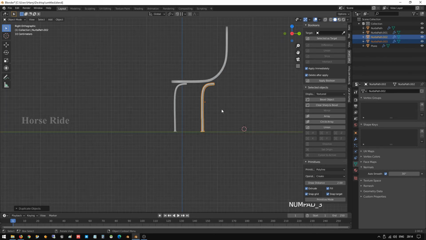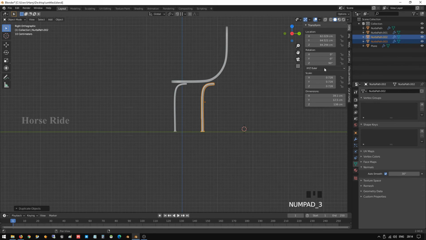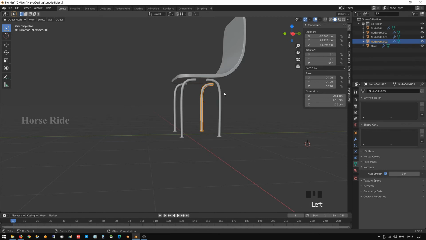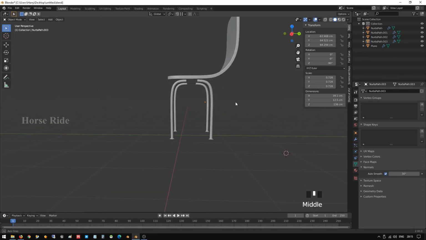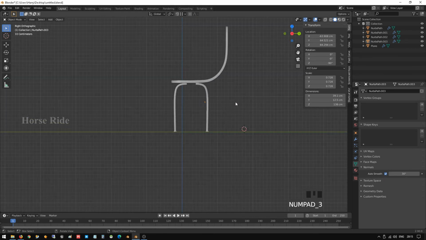Press 3 on the numeric keyboard. In item here, rotate it -90 and select each leg separately and do it -90, then it turns back. Yeah. Okay, we have added the three legs here.